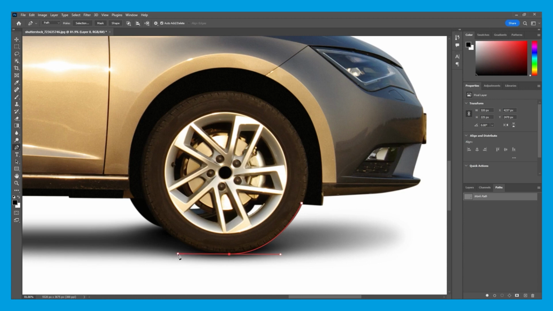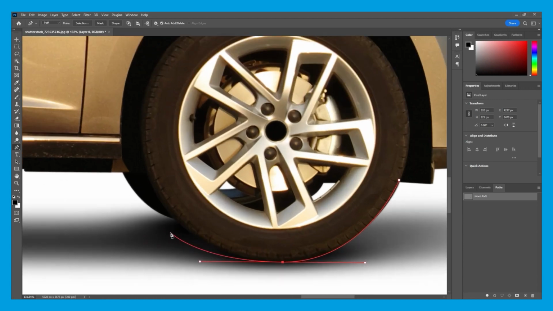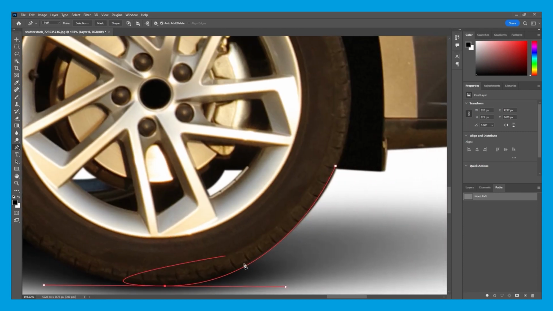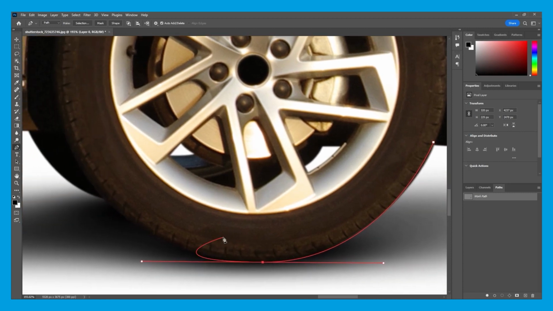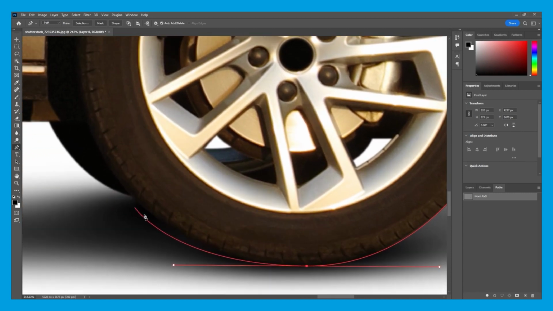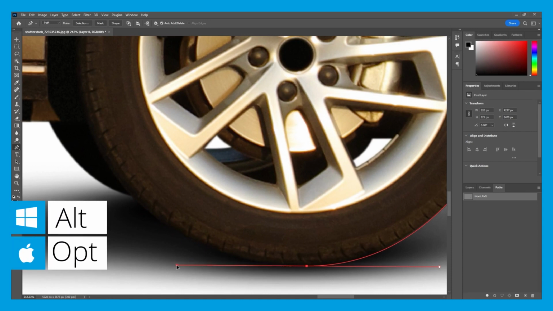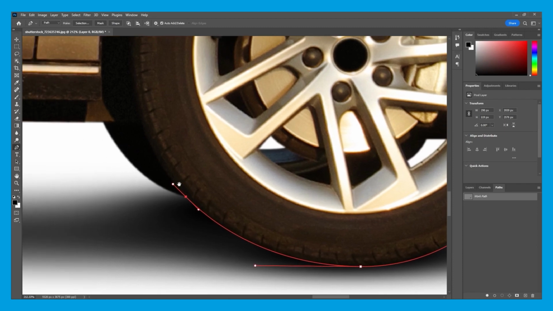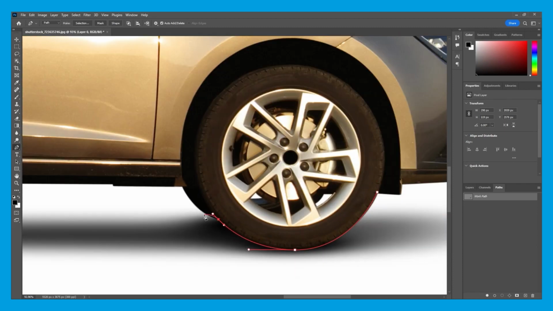So as you can see, I want to place my next anchor point here, but I've slightly overextended with this direction point, so I need to shorten it. However, this direction point over here is perfect. So to only affect one direction point, I press Alt or Option if you're on a Mac and slightly shorten it here like this. And now as you can see, I made it a bit short, but it's fine. We can just drag out here to create the curve. So we've got around the first tyre and it looks great.